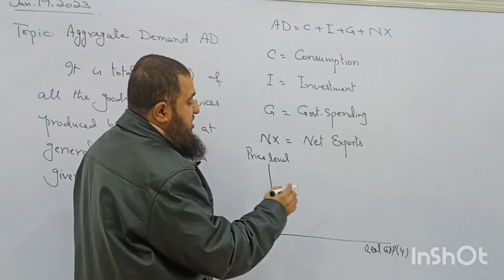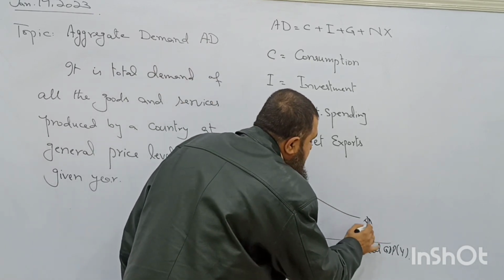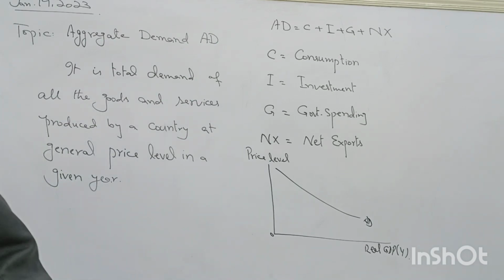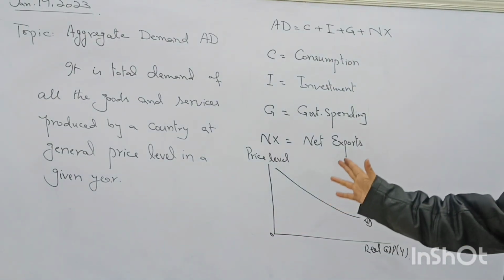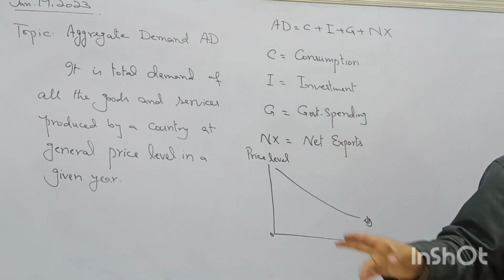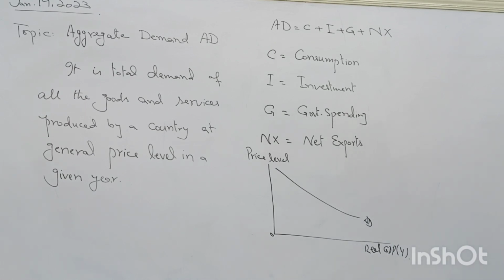Now the demand for real GDP is downward sloping, like the micro demand for any single product. So this aggregate demand curve is downward sloping. What do we mean by downward sloping? Last time we talked about this. When the general price level is increasing, people will consume less. They will demand less of our goods and services. That's why they can shift to imported goods as well. Exports will also decrease because our goods have become too expensive. Then demand will fall. This is a movement along the curve.